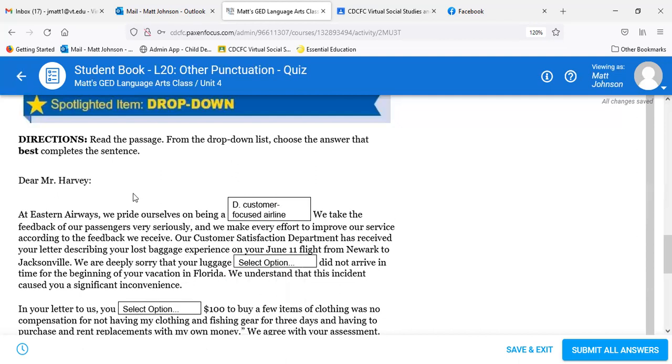So D, and then we take the feedback of our passengers very seriously, and we make every effort to improve our service according to the feedback we receive. Our customer satisfaction department has received your letter describing your lost baggage experience on your June 11th flight from Newark to Jacksonville. We are deeply sorry that your luggage,